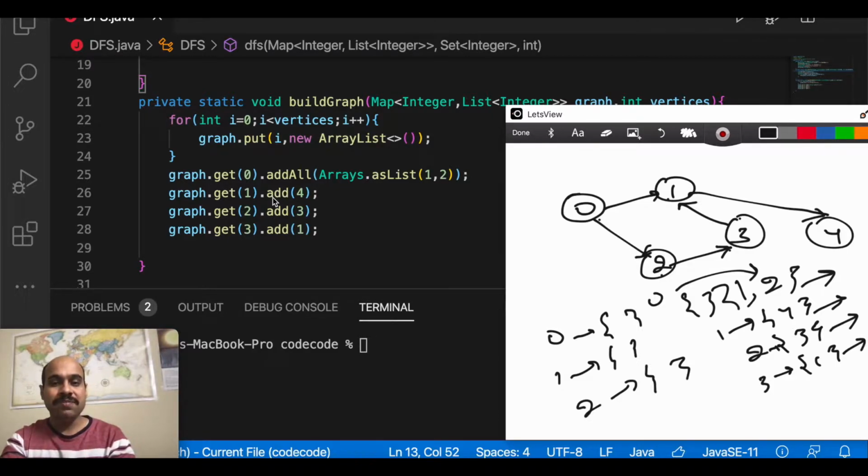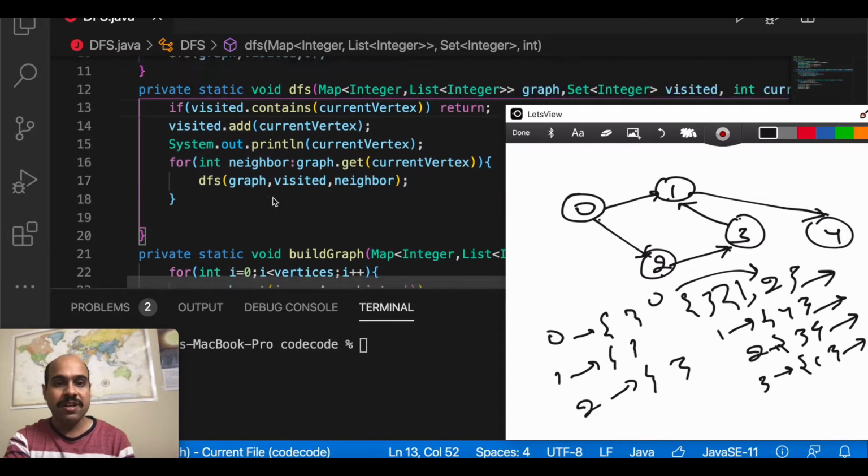3 has neighbor 1, it is represented by this part. But don't worry about this part. Probably you won't be writing a graph representation in your problem. You will already be given a type of graph and how it is being represented to your function. It could be either adjacency matrix or adjacency list or integer 2D array or list of integer. It could be in many forms, so don't worry about that. And in case you don't feel comfortable using a given representation, you can always ask the interviewer whether you can use this type of representation for the graph, and they will never say no, because here they are not checking how you represent the graph, they are just trying to see how you are solving the problems.